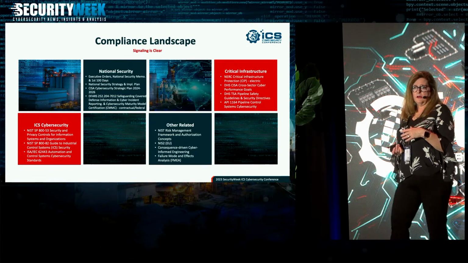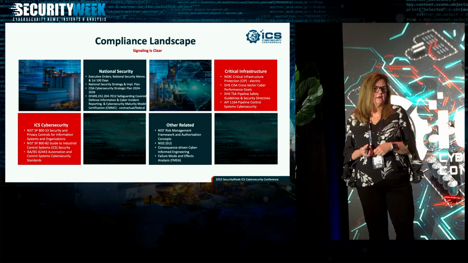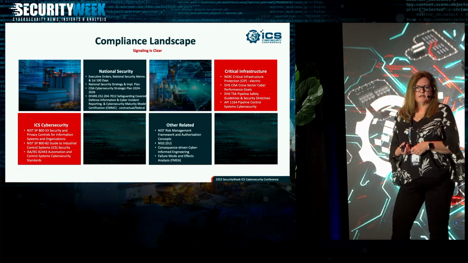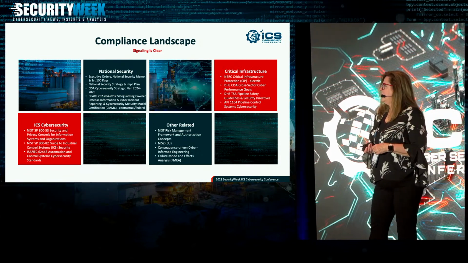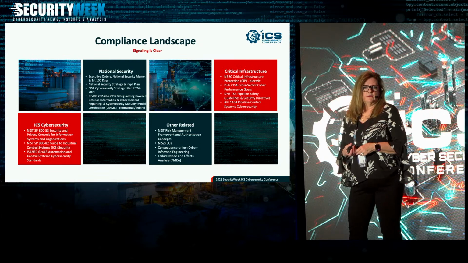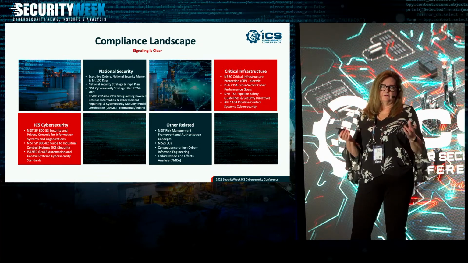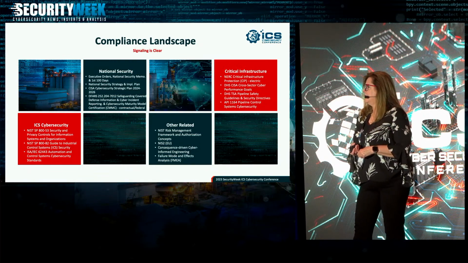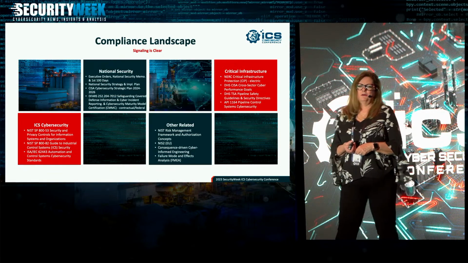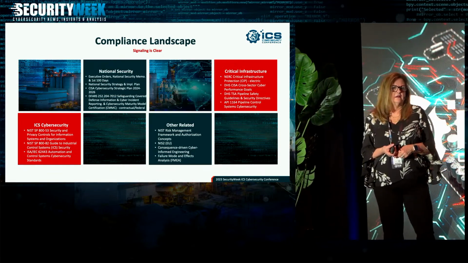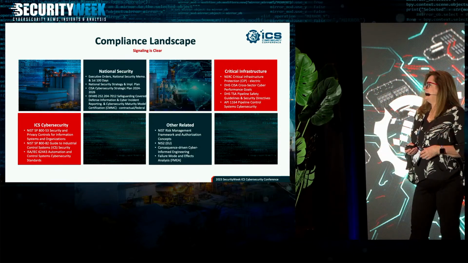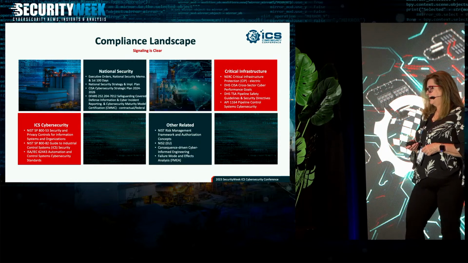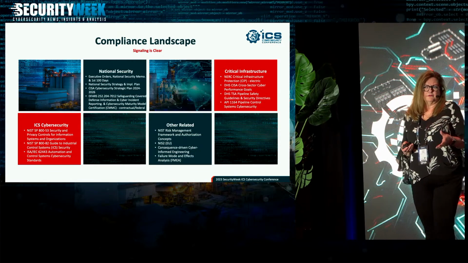And then now you also have the Department of Homeland Security cross-sector compliance performance goals. And those are aimed at critical infrastructure, but anyone can use those. And again, they're voluntary. They're going to focus on chemical, water, and the rest of the energy infrastructure first. But what we generally see is when things are voluntary, eventually they become not voluntary anymore. So you might want to be proactive and start looking at some of these. It probably doesn't matter which ones you pick at first.